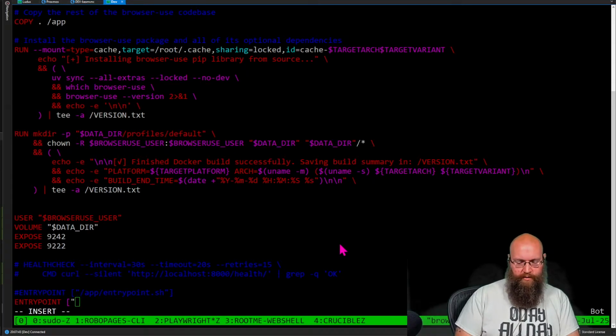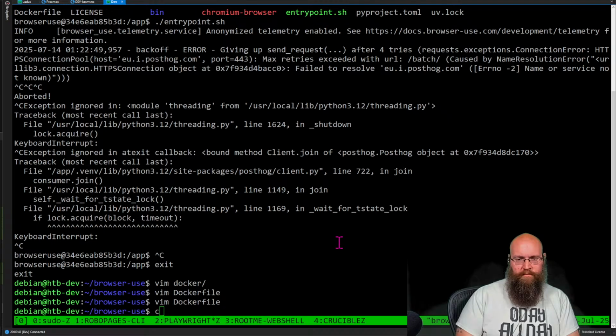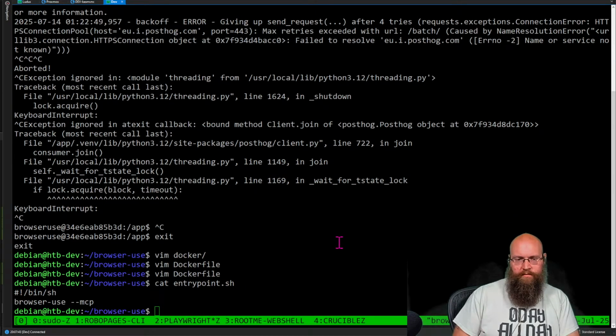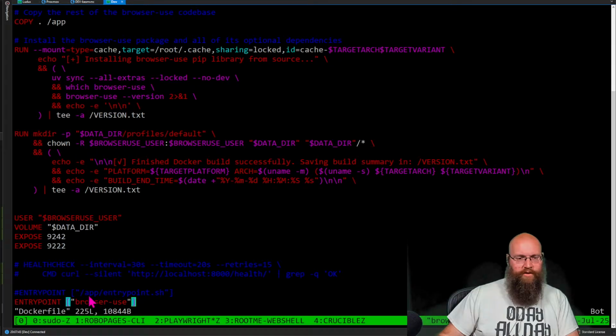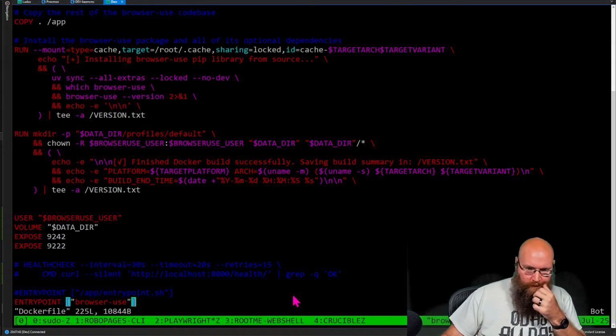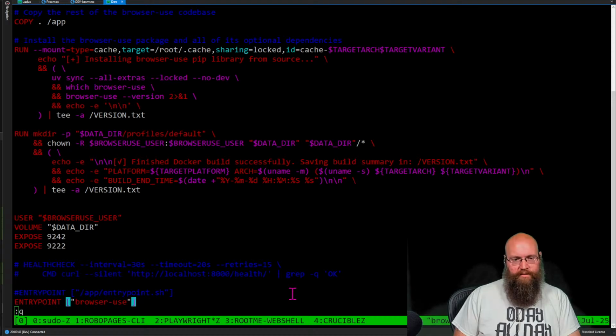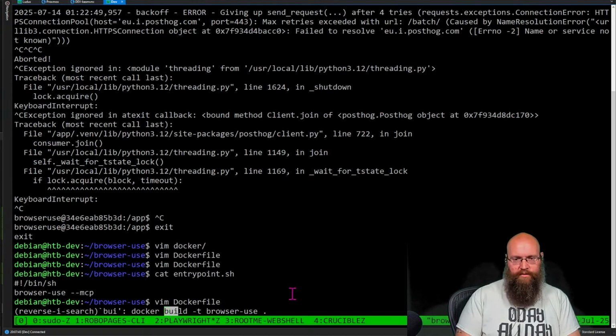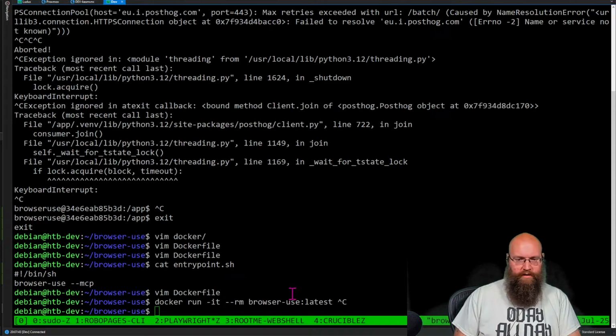And this is just going to be, I think it's browser tac use. I believe that was it. Yeah, browser tac use. So what I did is I just restored how this used to be from that entry point file. Because now that I do this, let's do this and let's do... Actually, take that back. No, that was what I wanted.